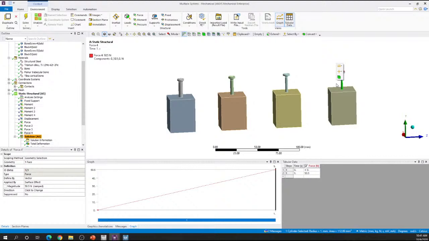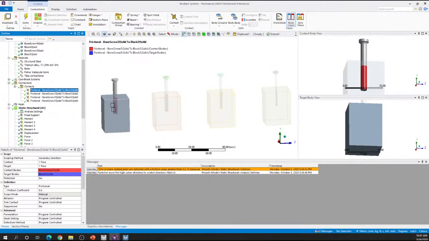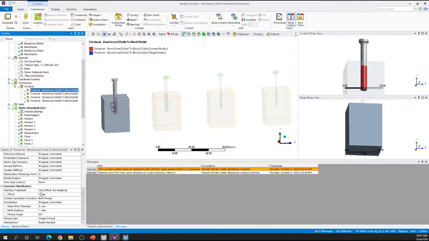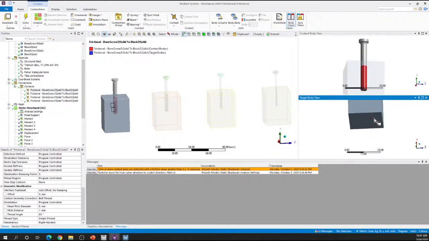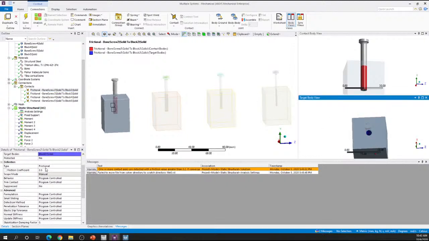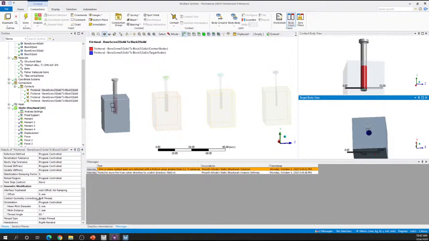So oftentimes for comparison purposes, I like to set all of these simulations up in a single model. You can certainly do 4 separate models as well, but the tools are pretty efficient these days, so we can just have all of them compared directly. What's really interesting here is that ANSYS allows us to apply a special threaded connection between the screw and the bone. So the bone and the screw are just modeled as cylinders. However, we can assign a frictional contact between the two. And then we can model the bolt threads. So this actually looks at this mesh and tries to model the bolt threads inside that connect the screw to the bone. So the screw is not bonded to the bone everywhere, but it's actually bonded at the threads